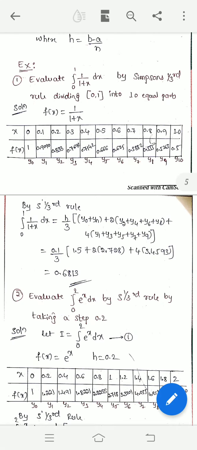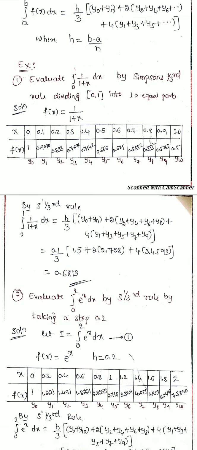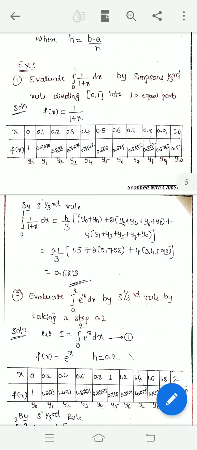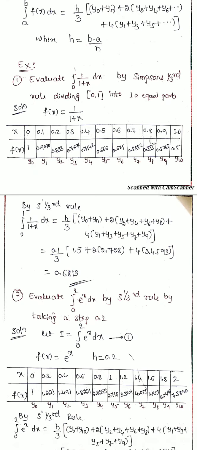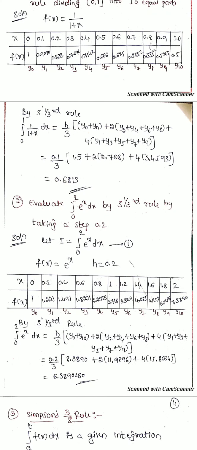If x equals 0, y equals 1. If x equals 0.1, then y equals 0.9090. If x equals 0.2, then y equals 0.833. Similarly the process is continued up to x equal to 1, where y equals 0.5. We denote all these y values as y0, y1, y2, y3, and so on up to y10. After constructing this table, we shall use the above formula, Simpson's 1/3 rule,